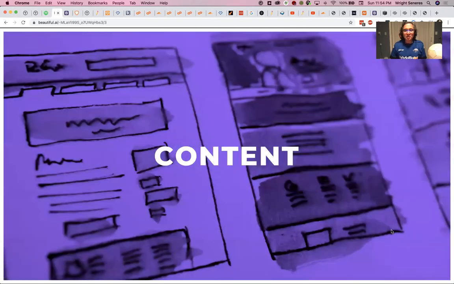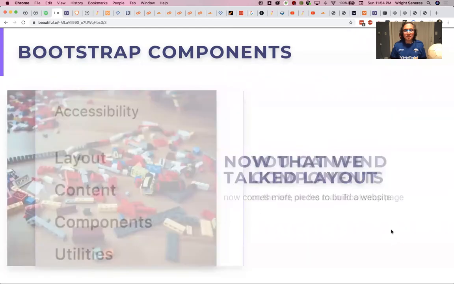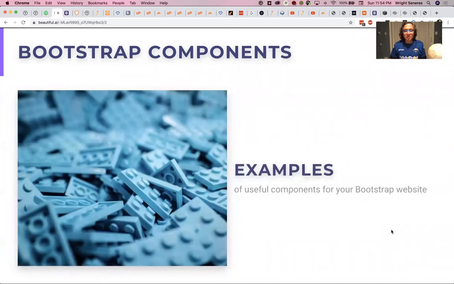Let's talk about content. Now that we talked about layout last week, now comes more pieces to build a website. You can find components on the left on the main Bootstrap page. So examples of useful components for your Bootstrap website include